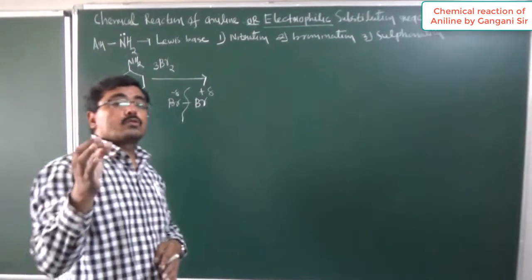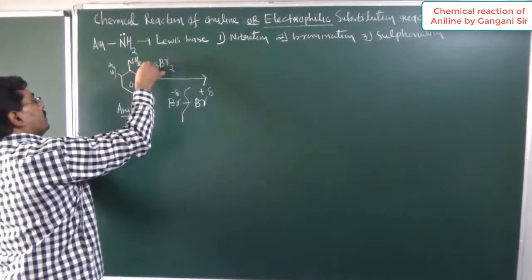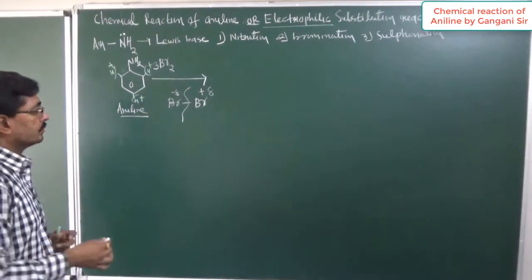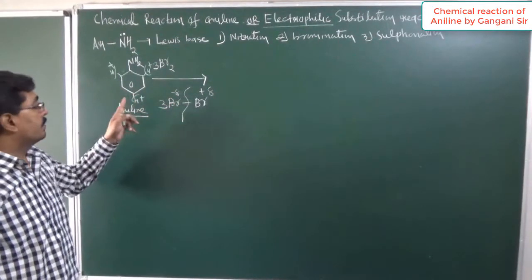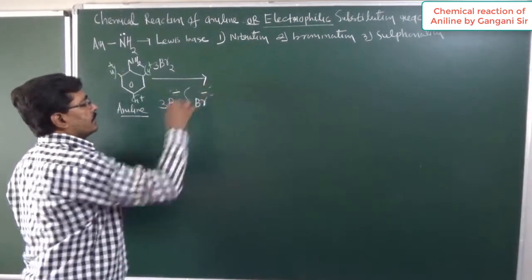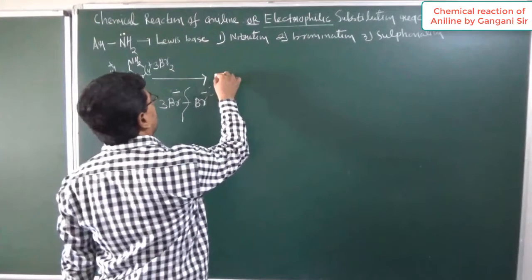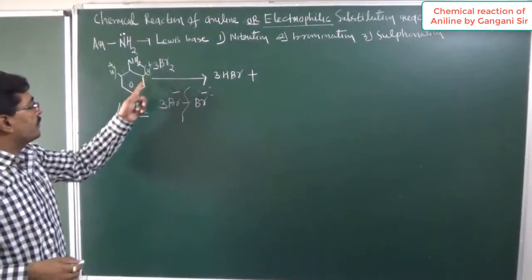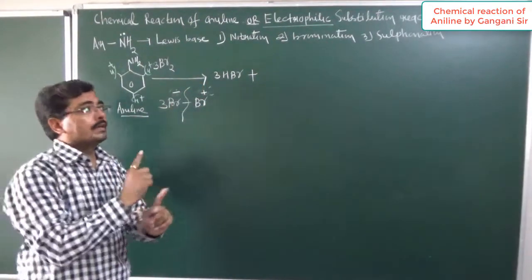Now amino group is ortho para directing group, so this both position is ortho position. Here H plus ion will be there, here H plus ion will be there, and this position is para position. So now 3Br minus ion, 3Br electrophile will come in a place of H plus. So this 3Br minus, just I will write Br minus and Br plus. So this 3Br take H plus ion from ortho and para position. So first byproduct we will get 3 moles of HBr, and in a place of H plus ion this Br will come. So H plus go and Br plus will come.